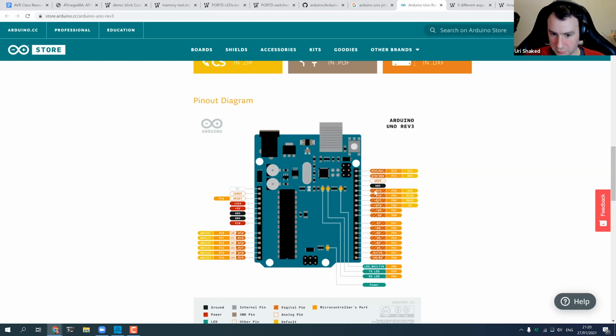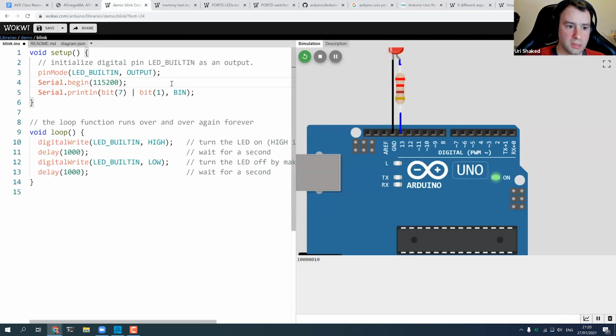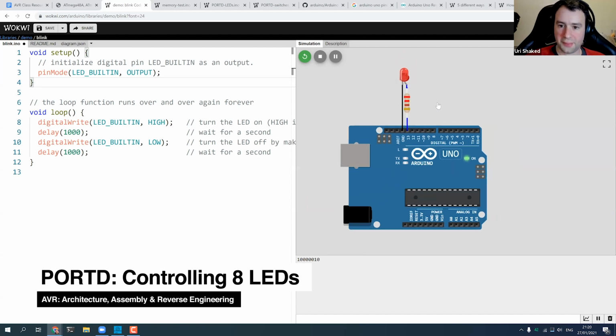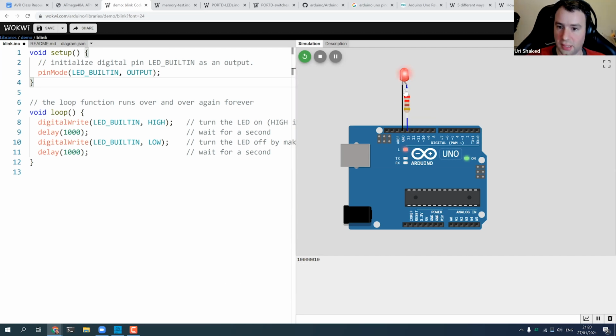So instead of using the Arduino functions to control this pin, we are going to use the GPIO registers. Just write to the registers and turn the LED on and off.